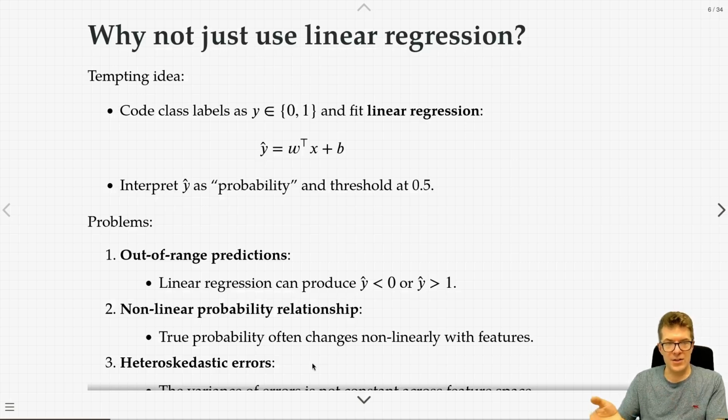So why can't you just use linear regression? We already know how to do linear regression. Why don't I just take all of my data? I have my x's, I have my y's. I can fit a straight line, or a hyperplane in many dimensions, between my inputs x and my predictions y. And I can also have a threshold in that space,